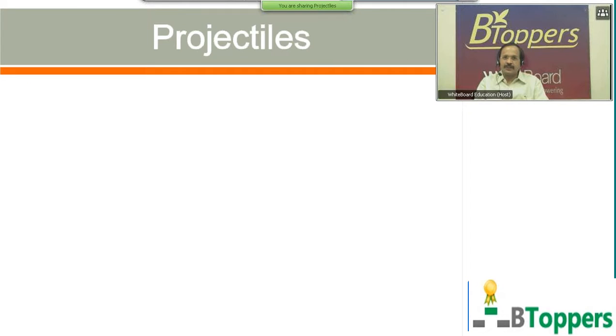So in the previous class, I started the theory of projectile motion. I was discussing oblique projection of the projectile motion. I have been discussing the equation for the horizontal range of the projectile in terms of initial speed of projection and angle of projection. Now I am going to continue the discussion about the theory of the oblique projection of the projectile motion.